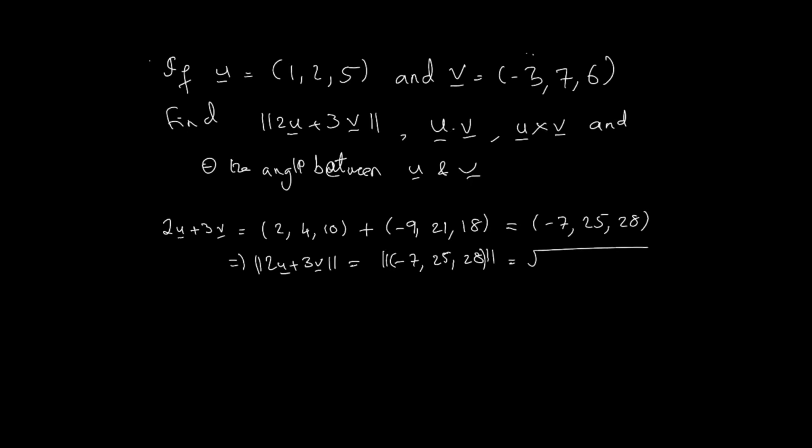So that's equal to the square root of 7 squared is 49, plus 25 squared is 625, plus 28 squared is 784, and that turns out to be equal to the square root of 1458,